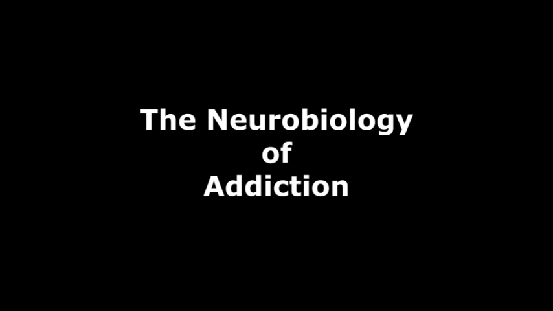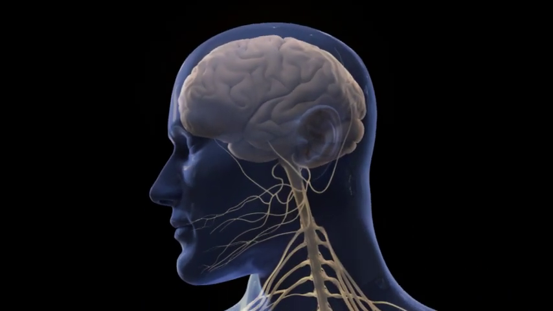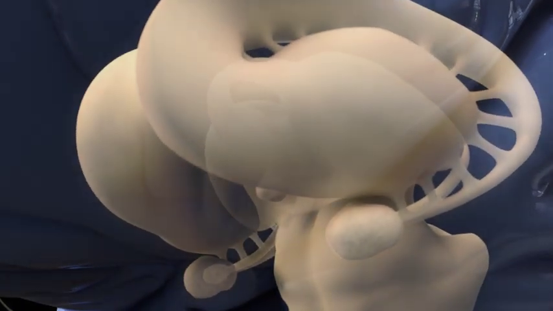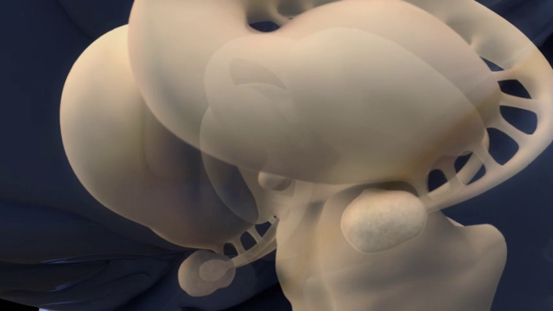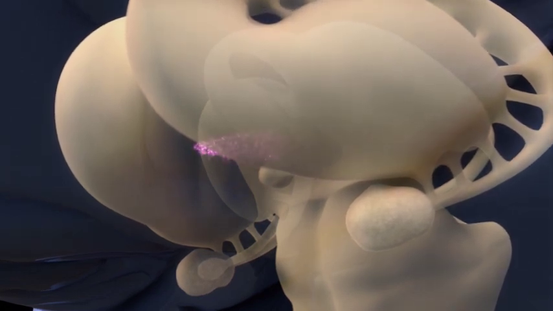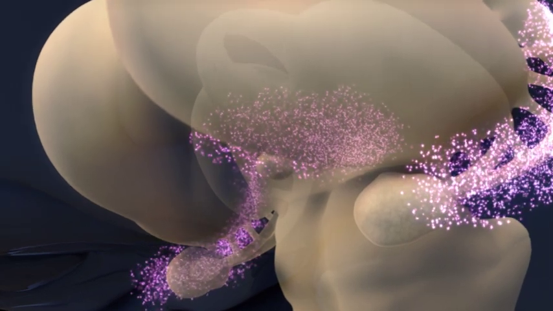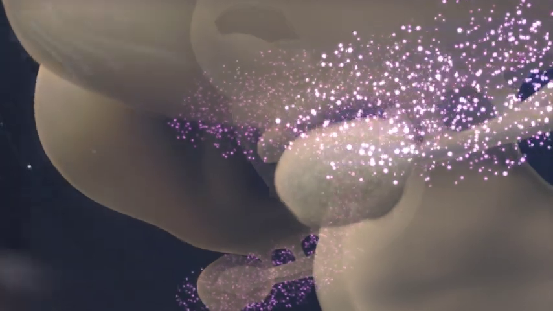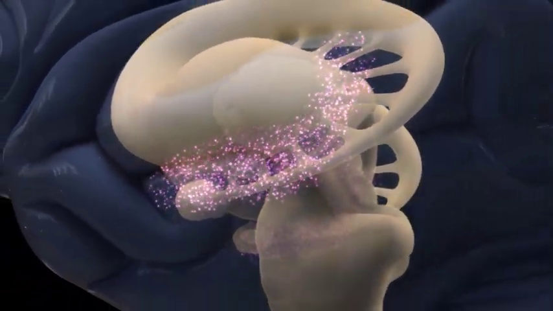The Neurobiology of Addiction. Addiction is linked to many of the brain systems involved in motivation and reward. Most addictive drugs, directly or indirectly, cause the release of dopamine in the reward circuit of the mesolimbic pathway. Addictive drugs are thought to hijack neurosystems that mediate behaviors normally directed towards natural rewards, such as food, water, and